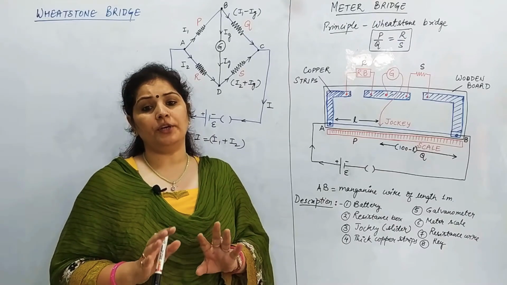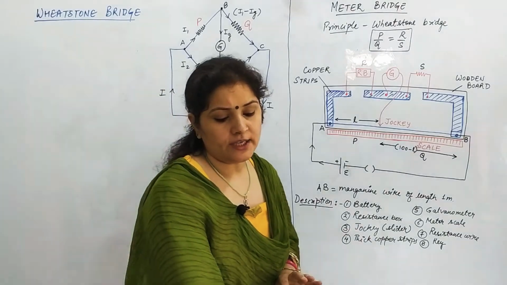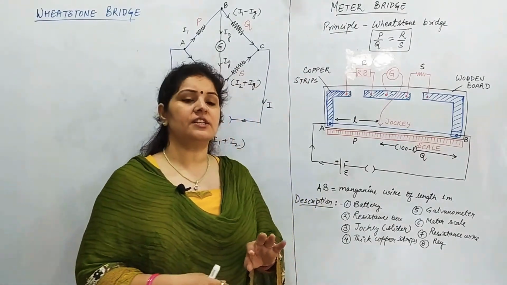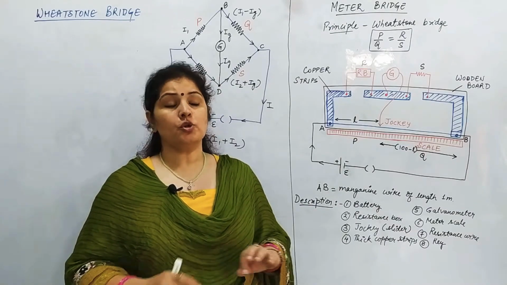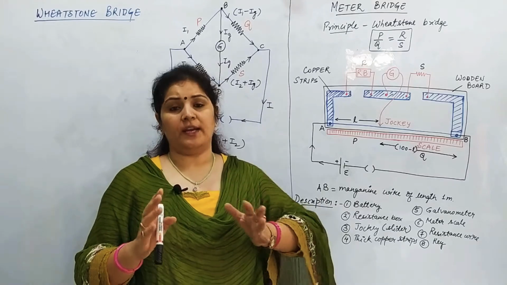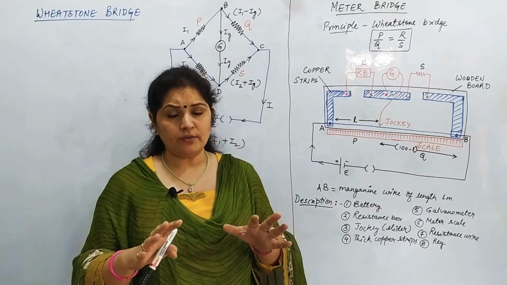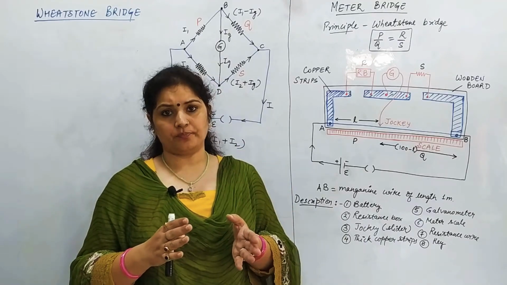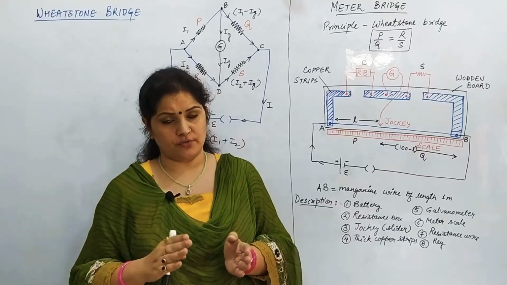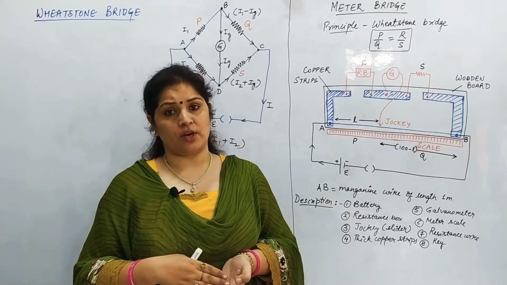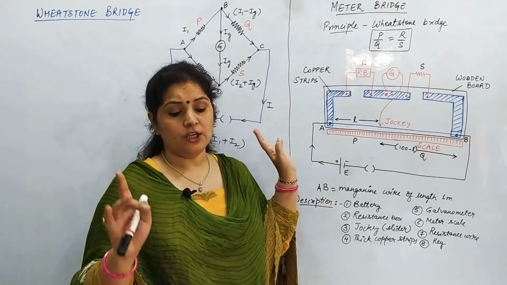Today we are going to introduce a new topic called Wheatstone Bridge. Right? So this method was first suggested by Sir Charles Wheatstone in 1843. What Charles Wheatstone explained is that whenever we connect 4 to 5 resistors in such a way that they form a bridge structure, then we follow this principle. So what is Wheatstone Bridge?